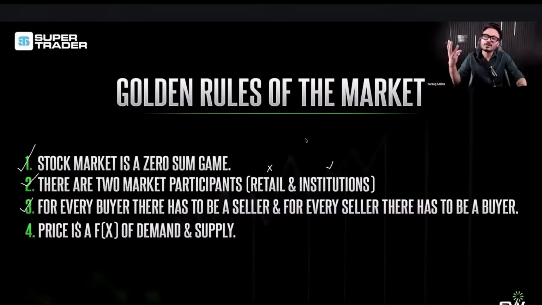Now, if I combine the third rule along with the first and the second rule, the first rule said stock market is a zero sum game. Someone wins, someone loses. Rule number two says there are only two kinds of market participants, either retail traders or institutional traders. Now, if I talk about retail traders, if